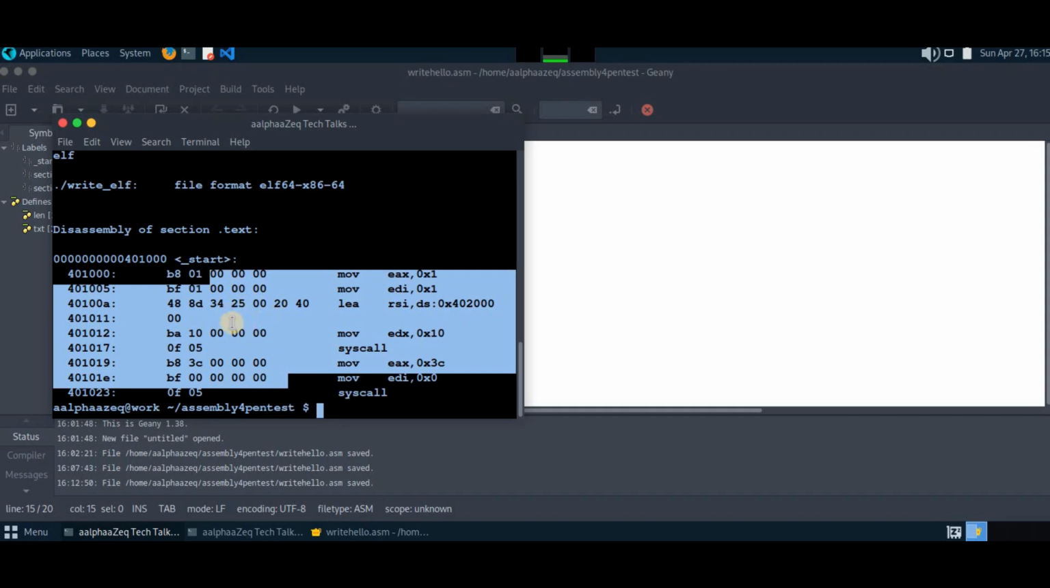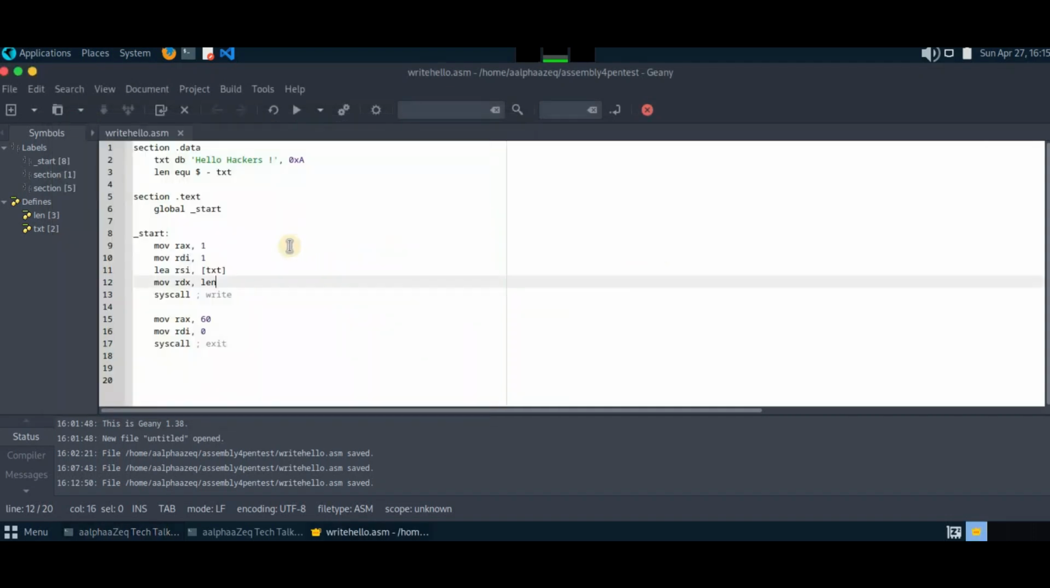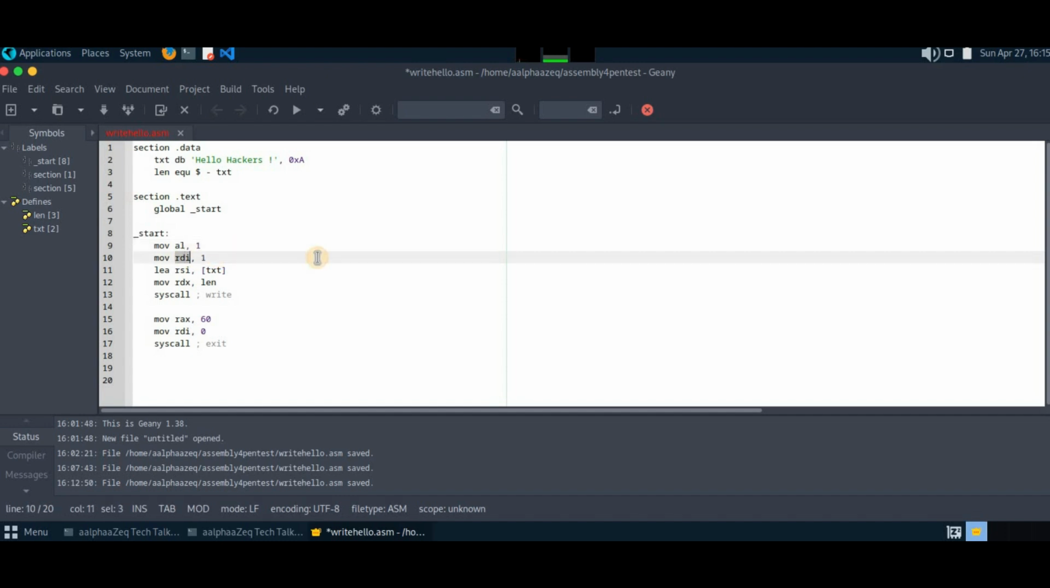There are so many ways to avoid this. We'll start with the first way. So the first way always is, instead of using the entire 64-bit register, you can make use of the lowest register here. Instead of RAX, you can use AL, and for RDI, instead of that, you can use